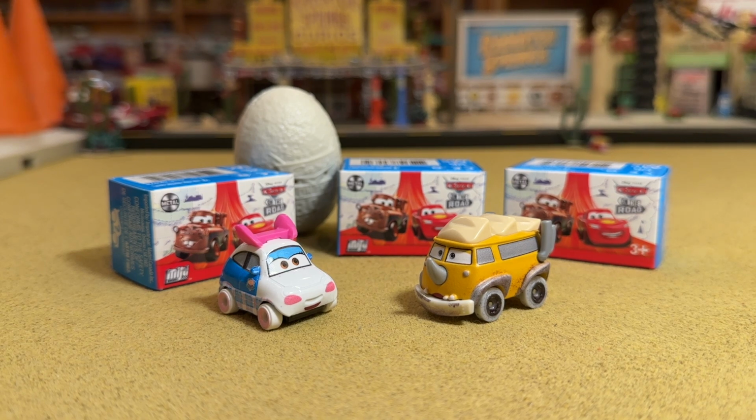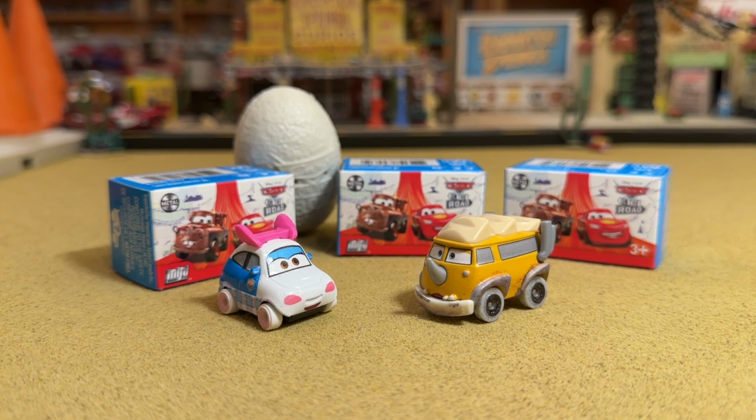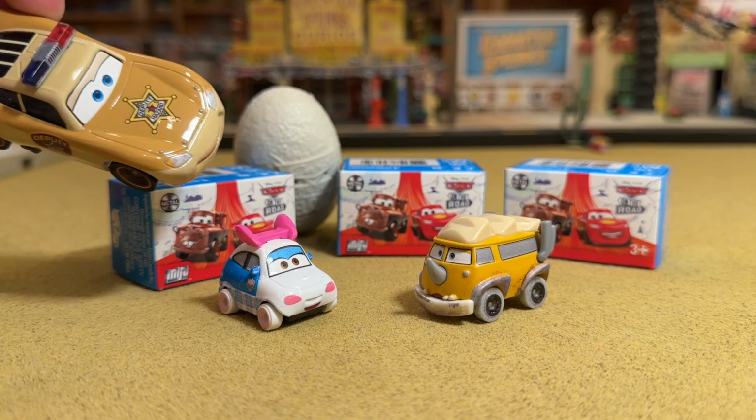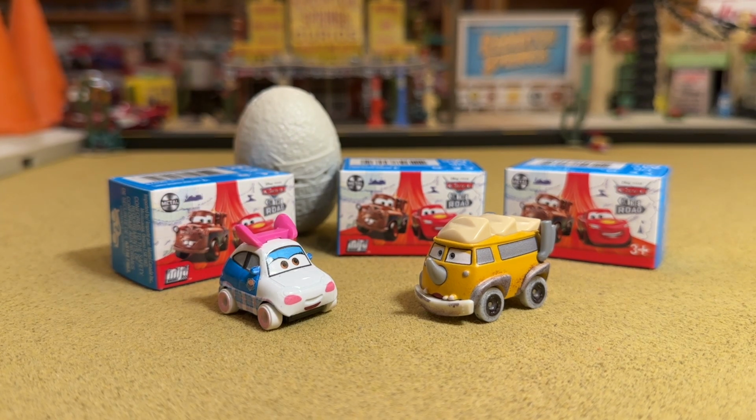Now, maybe you saw the thumbnail, maybe not, but obviously the Westfalanapus has not been made as a 1:55 scale die cast. In these boxes, we have the Suki model Clown, no, and Chieftess, no. Hopefully soon for both of those, especially Chieftess, and then Deputy Lightning McQueen, who just barely came out as a diecast. Now, we have had Suki as a full-scale diecast for over a decade, but other than that, the mini